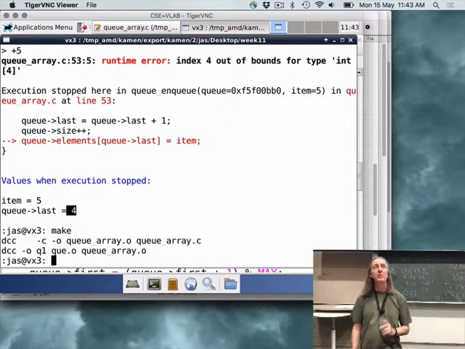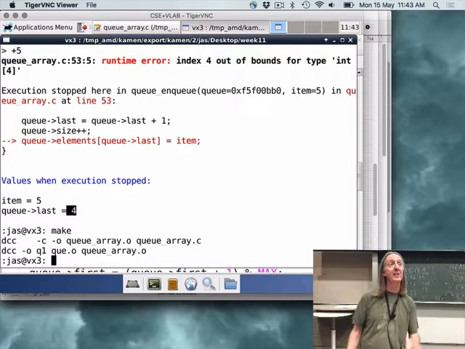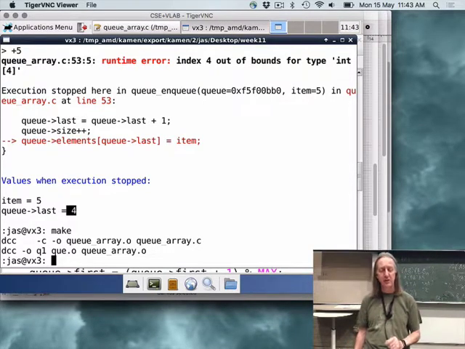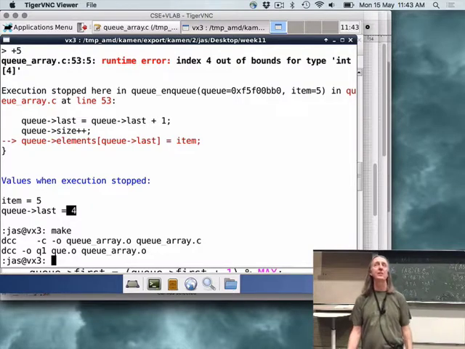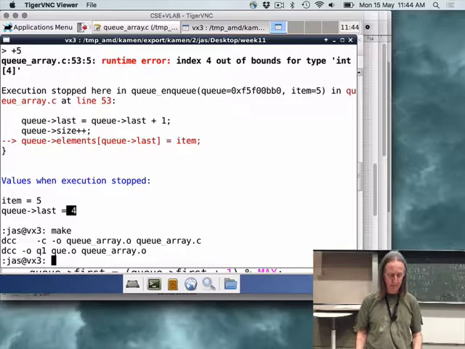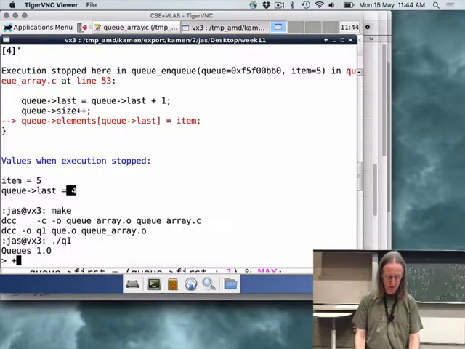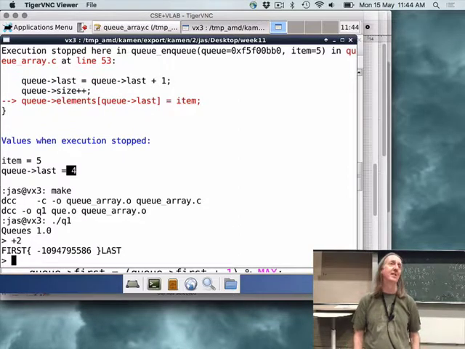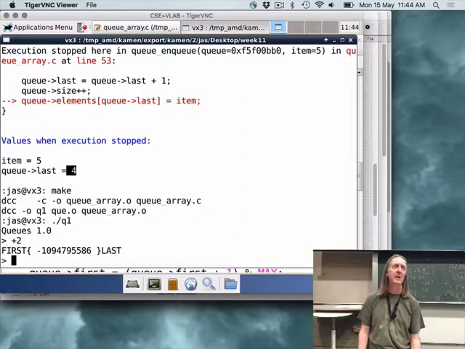And the reason you would have noticed before that it didn't recompile, even though I changed the file, was Make just said Q1 is up to date, when I had clearly made some changes to the QArray.c file, I just hadn't written them out. So QArray.c was still the old version, and Make at least recognises that. Alright, so let's see if we have any luck this time. At 2, oh dear, still got a problem.